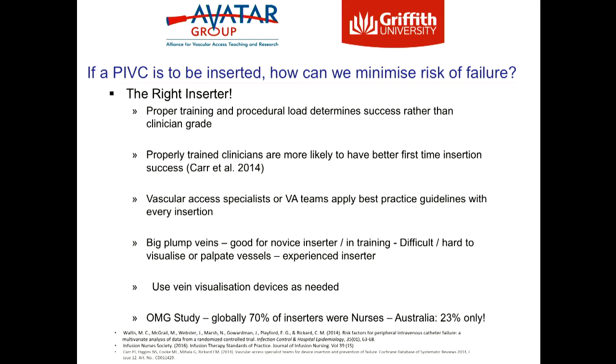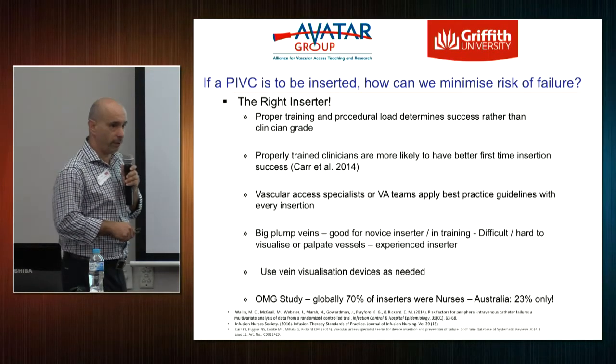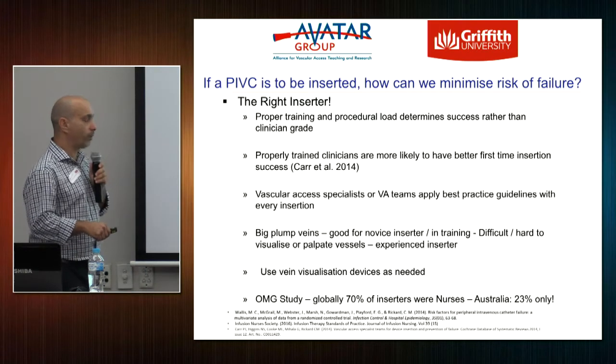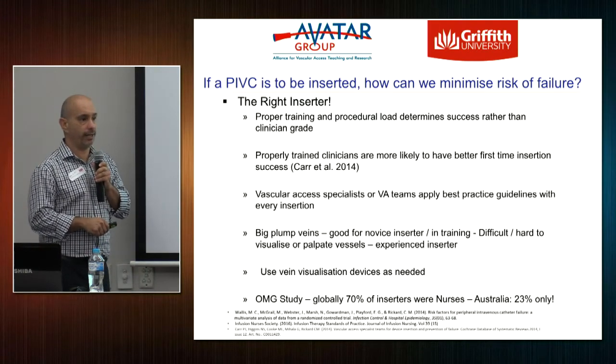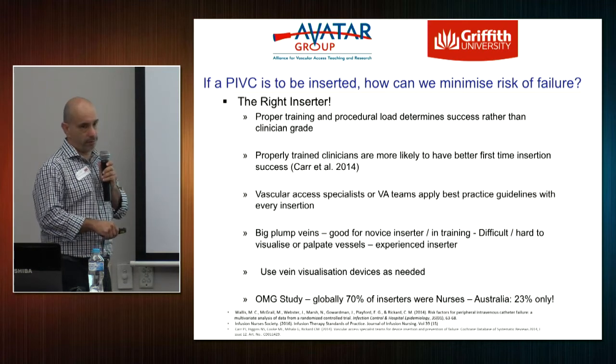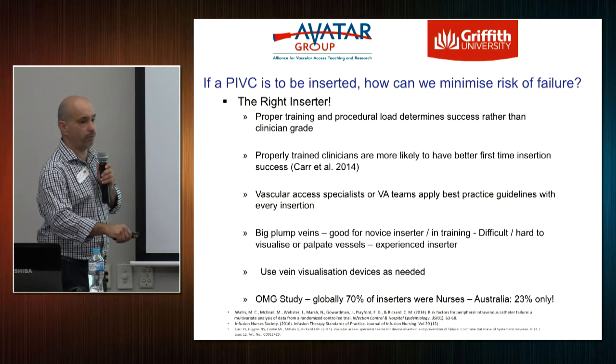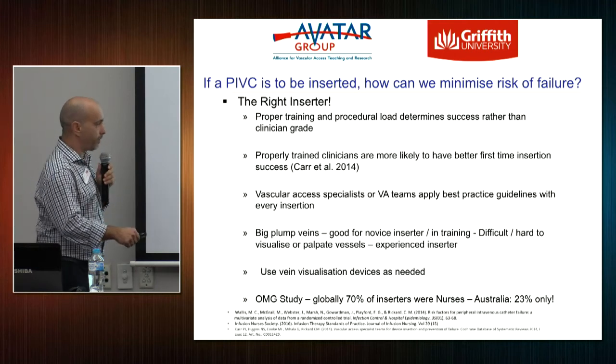And probably one of the big things, when we look at the right inserter, globally, when we did the OMG study, we audited 75,000 patients in over 50 countries, and we got data on about 41,000 cannulas. Everywhere in the world, 70% of nurses are the main inserters. In Australia, it's only 23%. So that's something that we need to be